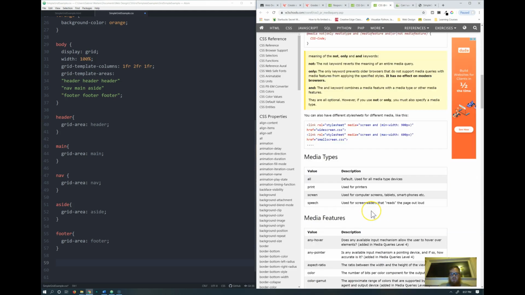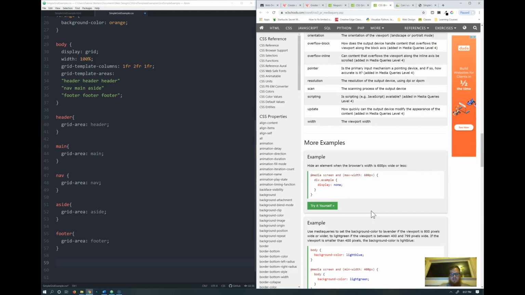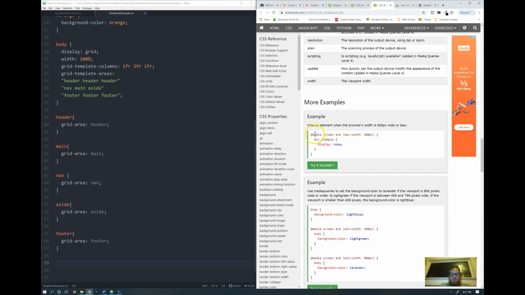Okay, so to plug this in, it's really easy. This is our format that we're doing. At the very bottom, I usually keep all my media queries at the very bottom, and I'm just going to do my media query. Since I'm only targeting the screen, I want, let's say, my max width, because when I shrink my screen down, let's say to